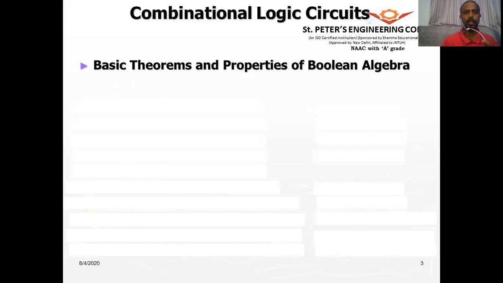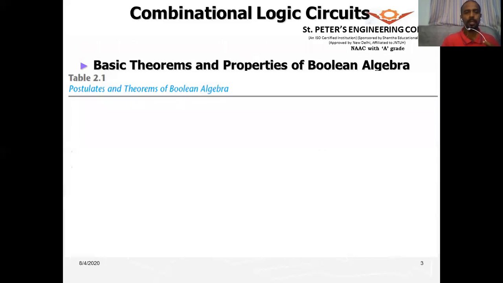Next, let us look into the basic theorems and the properties of algebra, that is the Boolean algebra. So the postulates and theorems of Boolean algebra. What are postulates? Postulates are proposed, so there is no proof for that. It is widely accepted. Next, theorems, we can have the proof. We can derive the proof for that. All right, the first postulate is